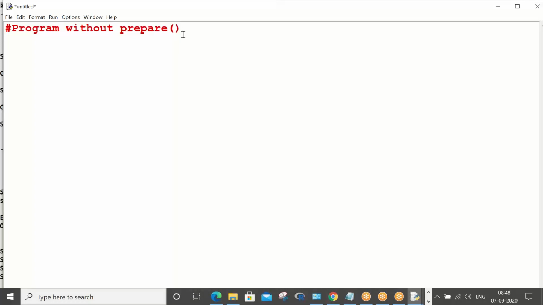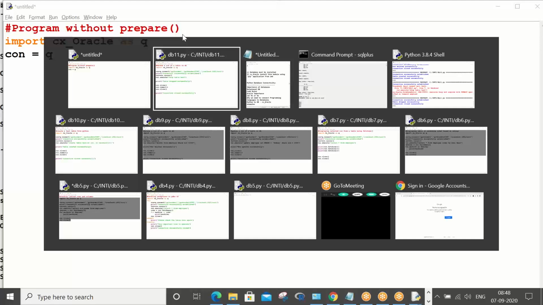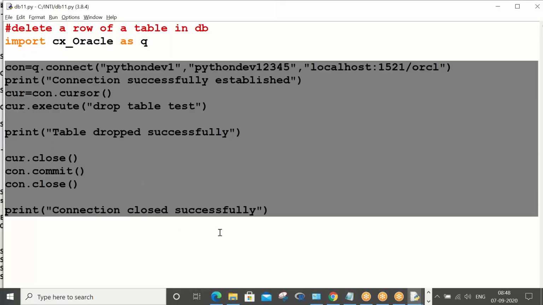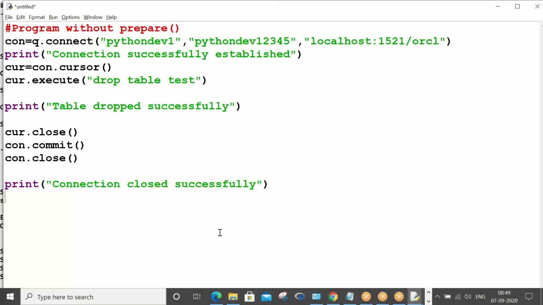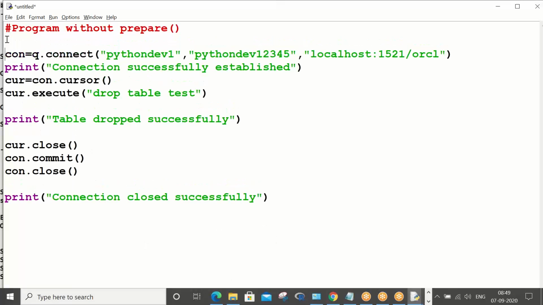So import cx_Oracle as cx. Connection established successfully, cursor object created, execute.